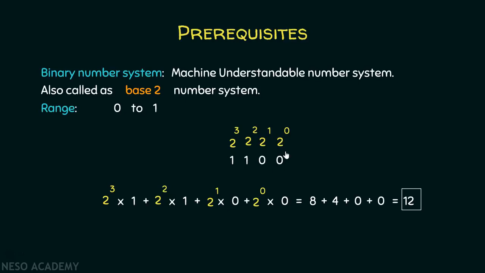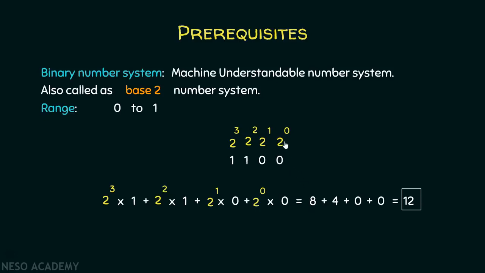Because the binary number system has base equal to 2, starting from the rightmost end we have 2 raised to the power 0, 2 raised to the power 1, 2 raised to the power 2, 2 raised to the power 3 as their place values. And if you want to represent this number in decimal, then you have to follow the same method that we had adopted in case of the decimal number system. That is, multiplying the digits with their respective place values and finally adding them up.